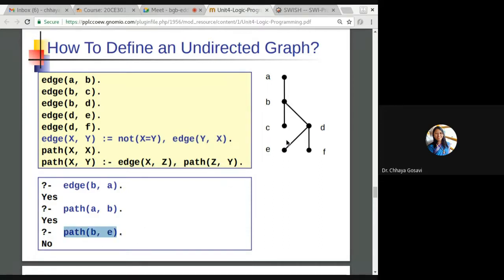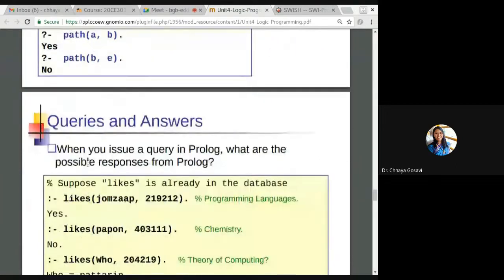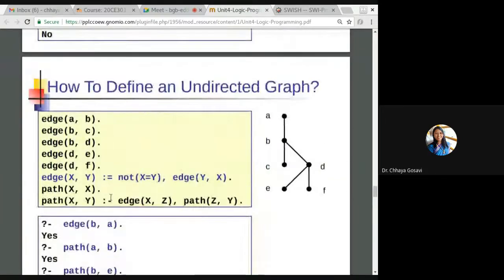It is saying no. So it will not understand whether to add this edge B to D or D to B. It will get confused with these edges. So what we can do is we can add more facts. Add edge A to B. Similarly, you can add edge B to A. And then it will work.